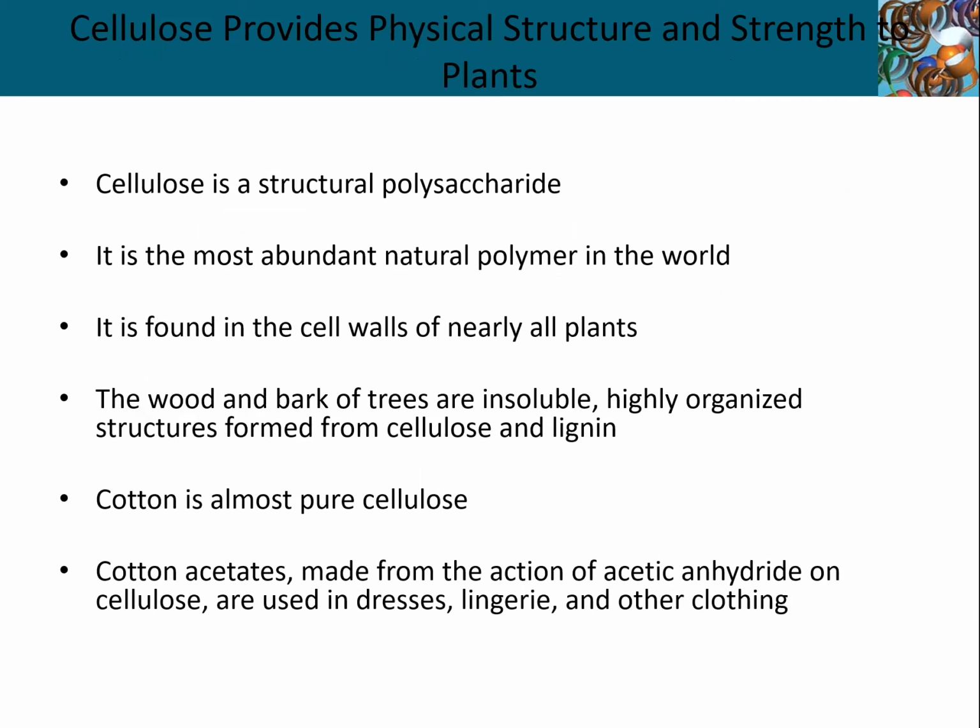And this long linear structure provides a lot of physical and structural strength as part of a polymer. So to review, cellulose is your classic structural polysaccharide. It's the most naturally abundant polymer on Earth because it's ubiquitous to all plant structures. All trees, all hemps, all bamboos gain strength from their cellulose structure. It's found in nearly every single cell wall of nearly all plants. Once again, there's occasional exceptions.